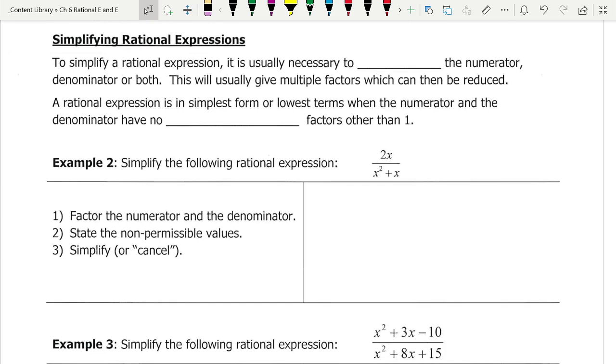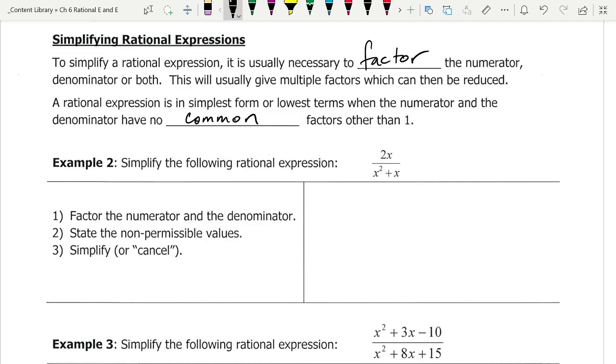To simplify a rational expression, it is usually necessary to factor the numerator, the denominator, or both. This will usually give multiple factors which can then be reduced, and reduced basically means divided out. A rational expression is in its simplest form or lowest terms when the numerator and denominator have no common factors other than 1. So for example 2,